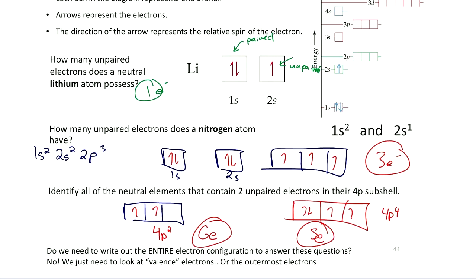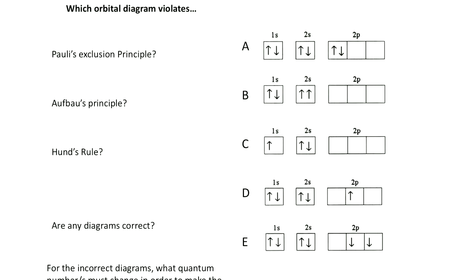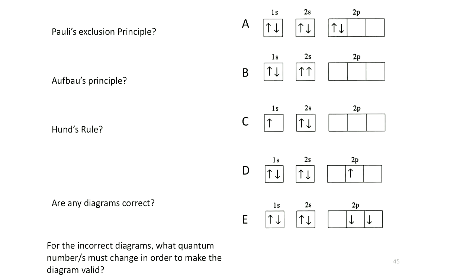And we'll talk about valence electrons. I have 5 minutes. So we can talk about valence electrons, but before we do that, let's look at these examples. Sometimes drawing the correct diagram can be a lot easier than looking at these diagrams and figuring out why they are wrong, right? So let's go through these.